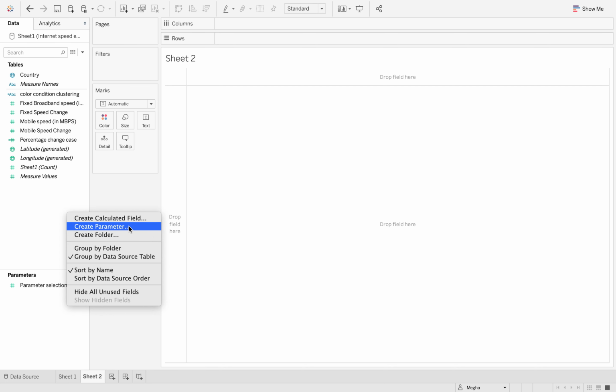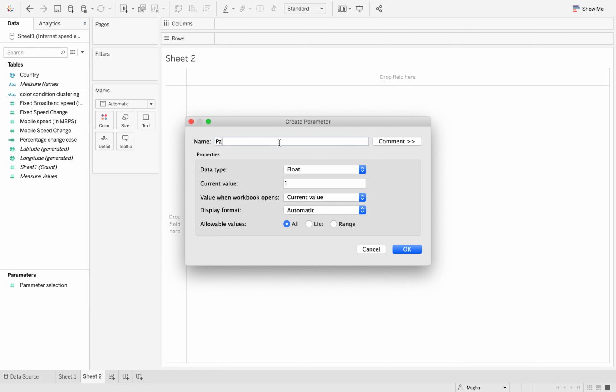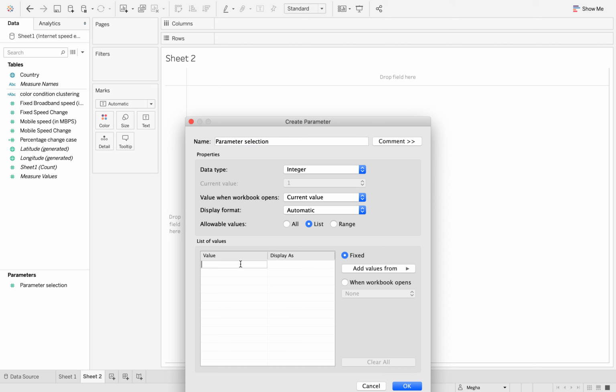Right click on the tab and create parameter. We can name it as parameter selection, data type as integer, list, value 1 if fixed broadband speed, 2 if mobile speed, and done.